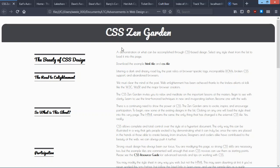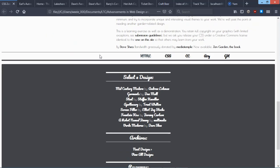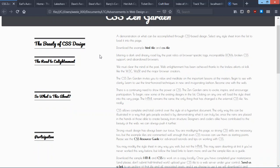So let's begin. This first project is CSS Garden, which is a rite of passage for any student web developer. The concept, if you're not familiar with it, is basically they give you an HTML file and you're tasked with styling it entirely without editing the HTML and without using any JavaScript, and just doing something awesome with the CSS